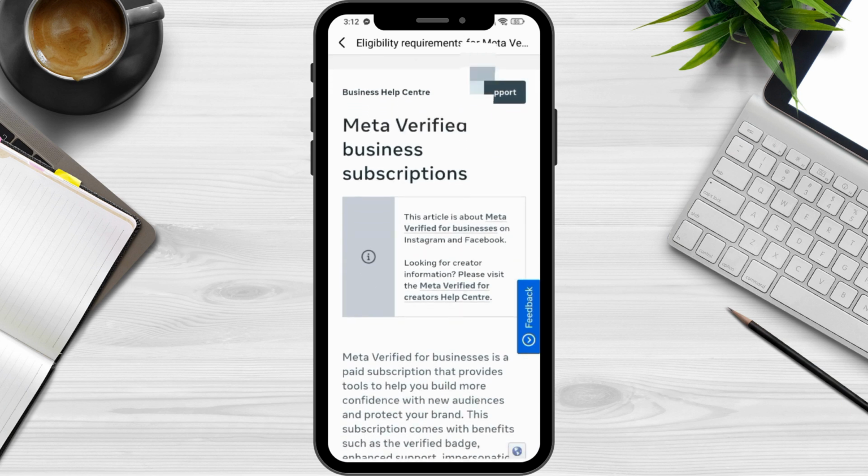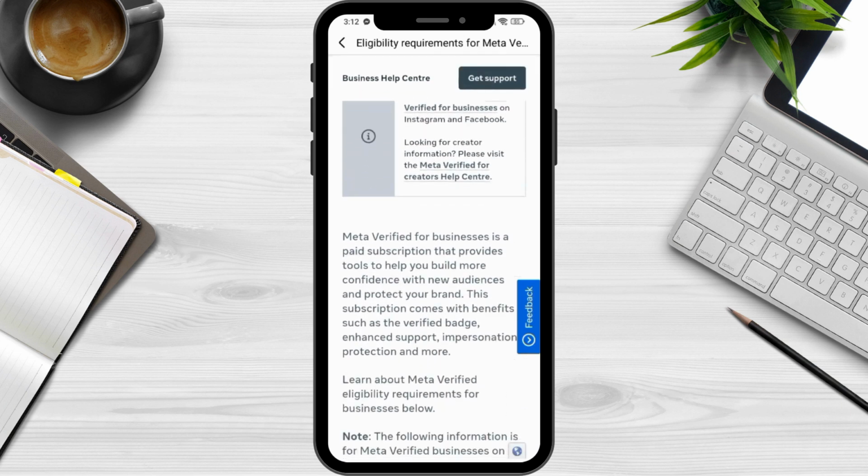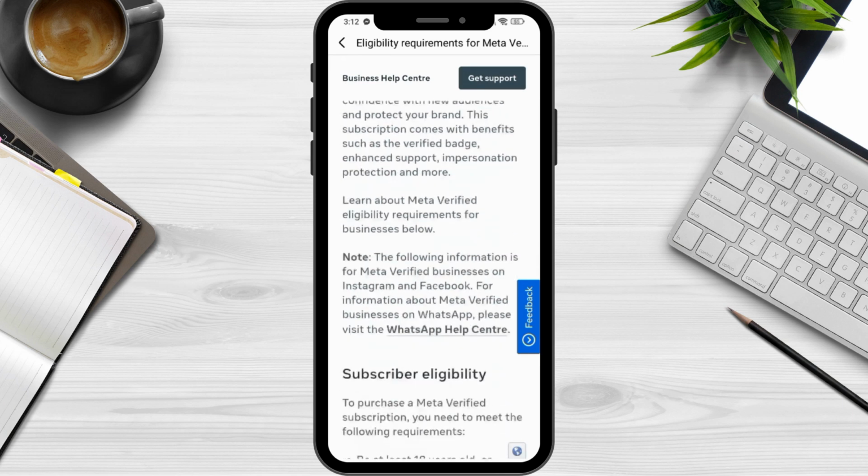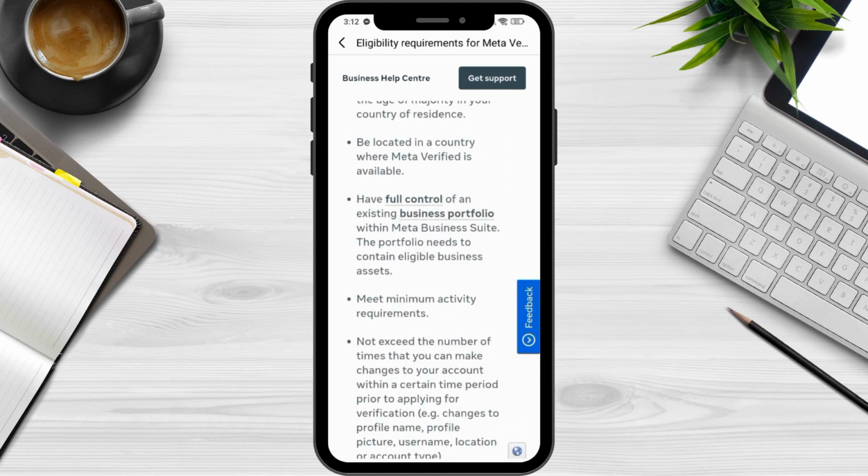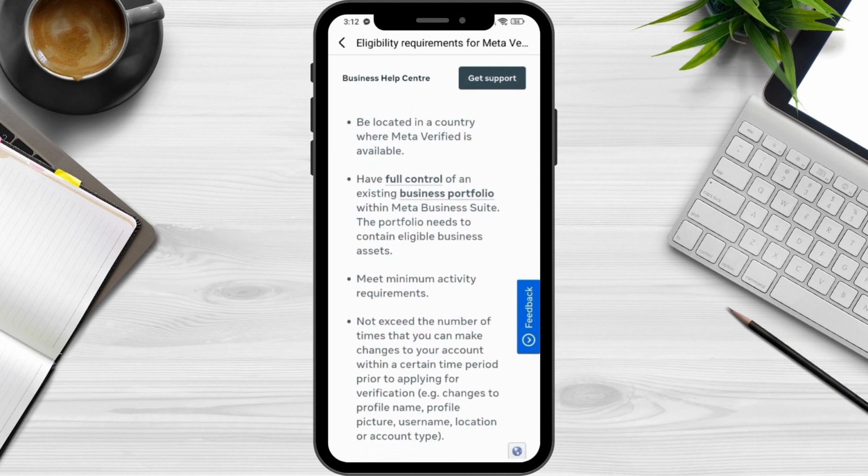Before you move forward, tap See All Eligibility Requirements and review them carefully. This is important. Facebook outlines what a page needs to qualify, such as having a complete profile, accurate information, and compliance with platform policies. Use this moment